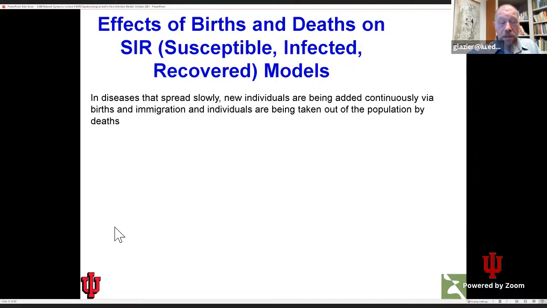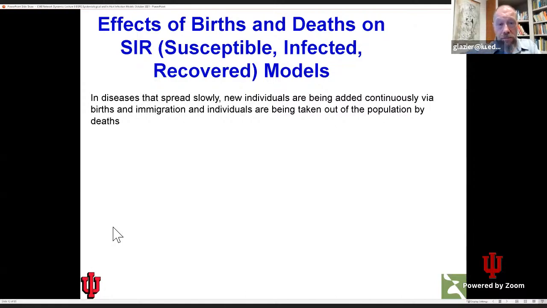Okay. But we've already seen a case where we did vaccination, where we got not steady state or saturating behavior, but oscillatory behavior when we include births and deaths, and this was in one of the homework problems, but I think some people have done it and some have not. And this is typically not so much true of a disease like COVID that sweeps the population rapidly, but is true of diseases that are either seasonal like flu,